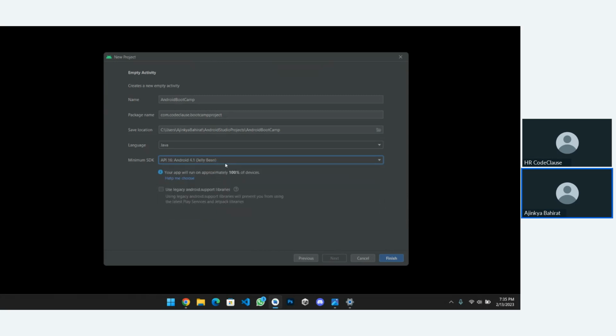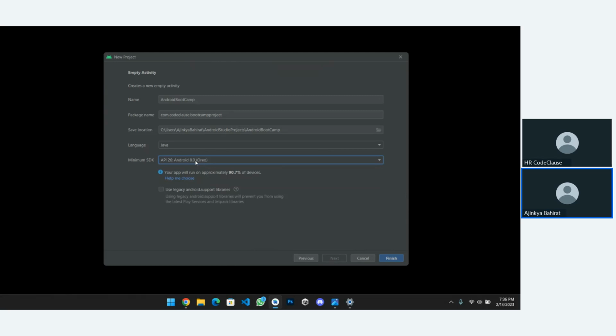But there is a disadvantage to setting your minimum SDK that low, as different components newly embedded in Android Studio require minimum SDK version or API level 26. So a minimum Android version of 8.0 is required on your device to run our application.